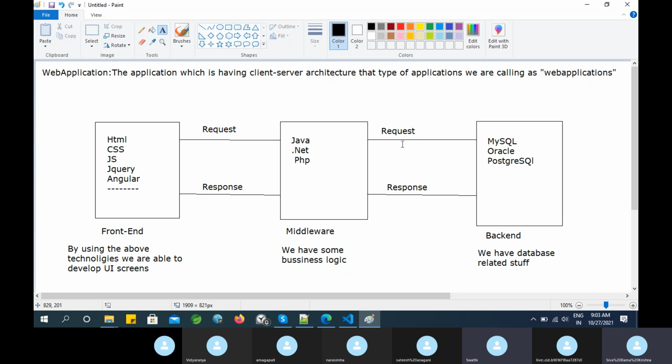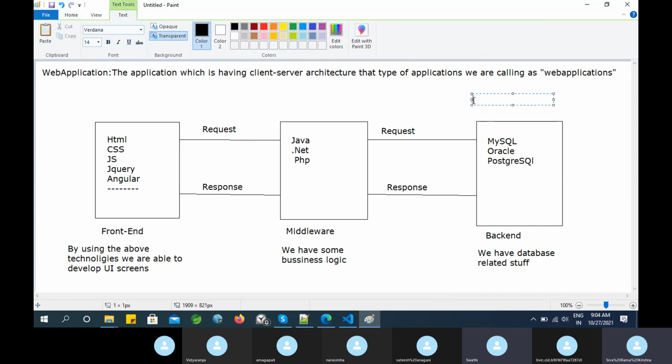Okay, so once you develop this type of application, where I have included so many technologies, we're definitely going to get so many files as well, right? All these files have to be deployed in a web server or an application server, like Nginx or maybe Apache Tomcat. These are the servers here basically. Okay, so once you execute some build command, right,